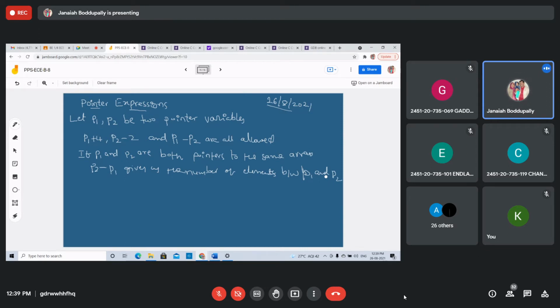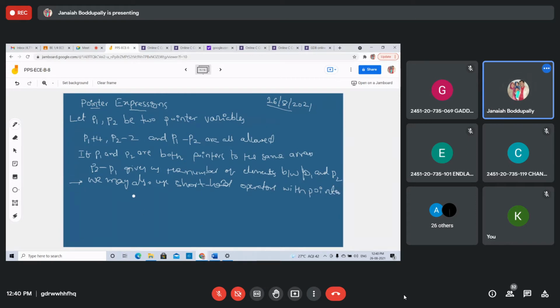Also shorthand operations, like x plus plus, I minus minus. We discussed the increment and decrement operators, different types of operators. We can use these operations for pointers also. We may also use shorthand operators with pointers.